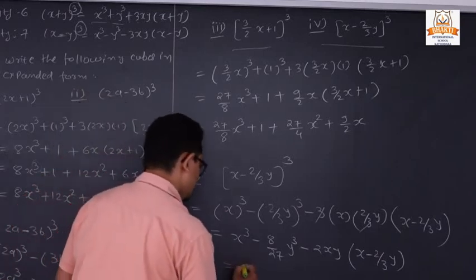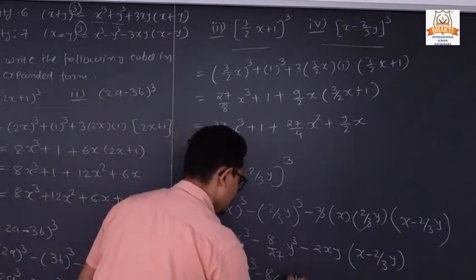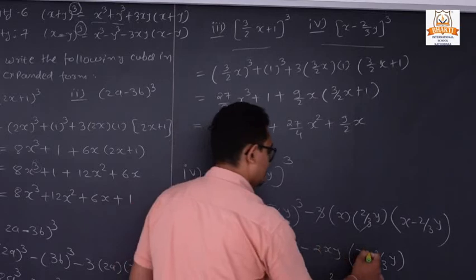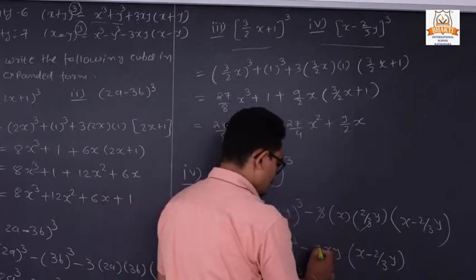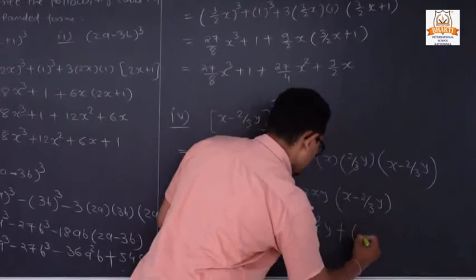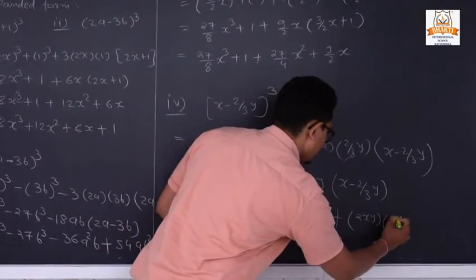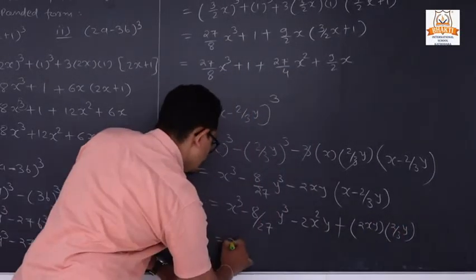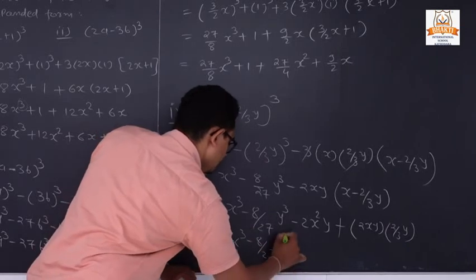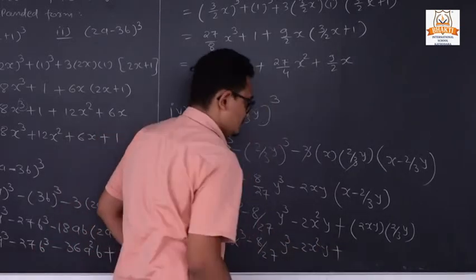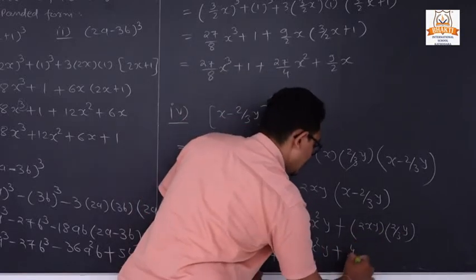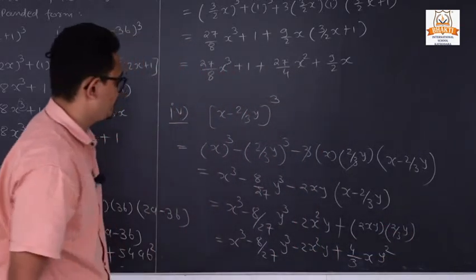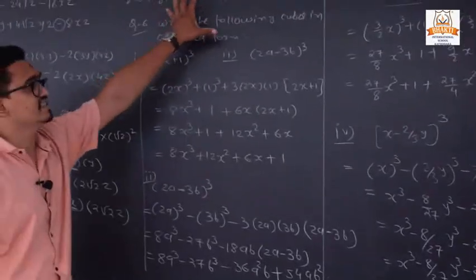Once again we can simplify. So 2xy into x, so it is 2x square y, minus became plus, 2xy into 2 by 3. So we can write it like that, 2xy in second bracket 2 by 3 y. So 2 2s are 4. So x cube plus 2 2s are 4 by 3 xy into y, so it is y square. So it is our identity number 6 and 7.